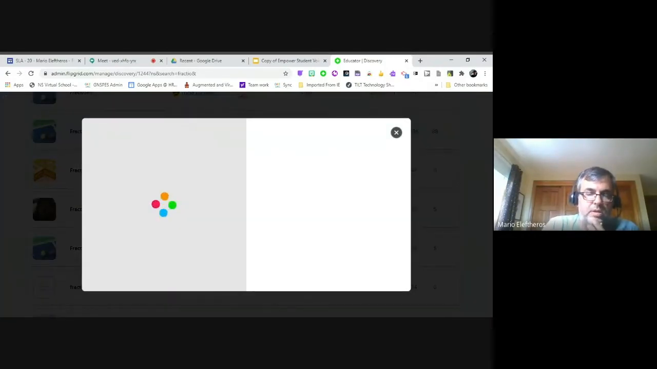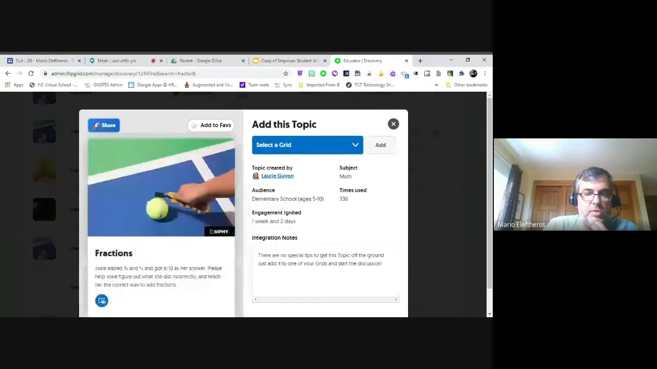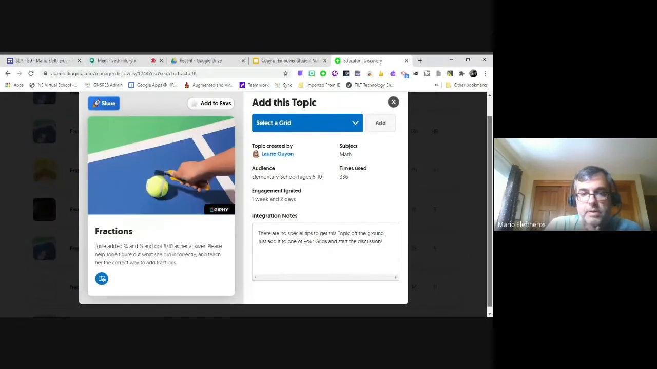It'll give me a little preview of what they create. It's saying Josie added 3/4 and 5/8 and got 8/10 as her answer. Please help Josie figure out what she did incorrectly. So it's a math problem where students are going to explain why it's wrong and maybe give a right answer here. Okay. So what you can do is, if I like this, but maybe I want to change the